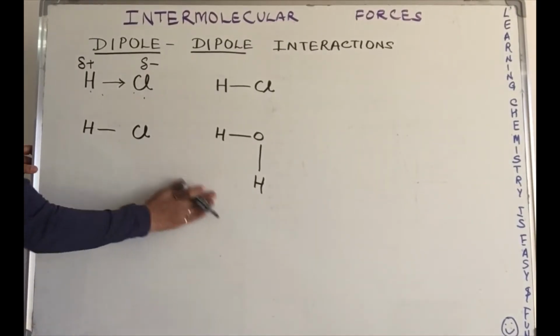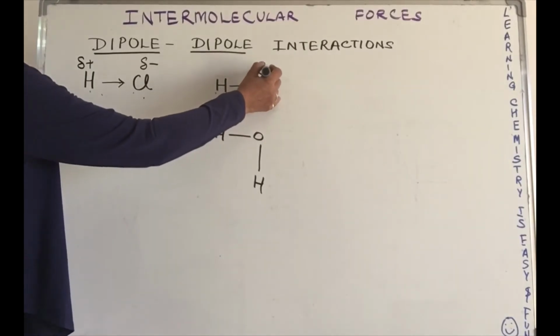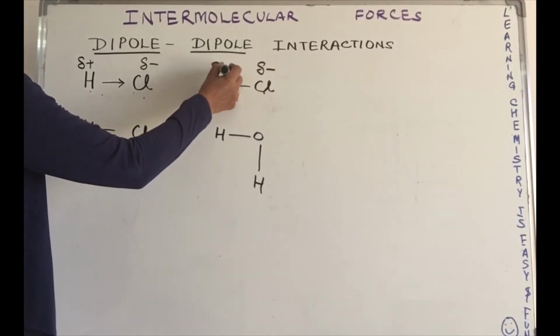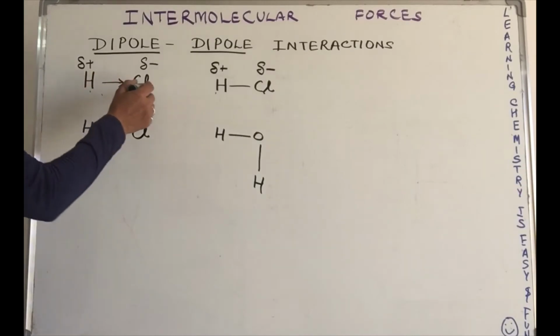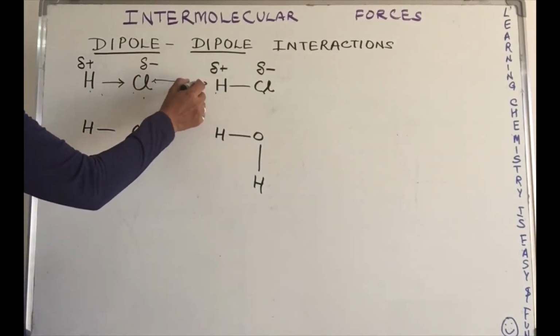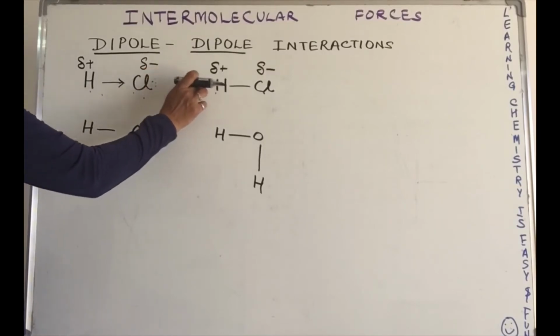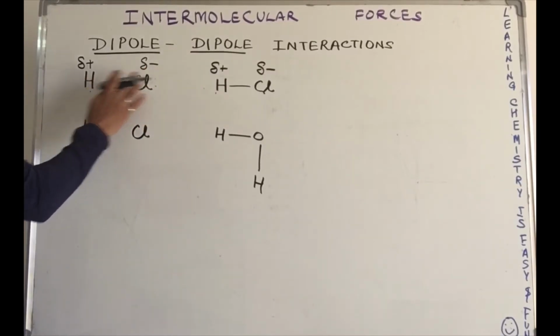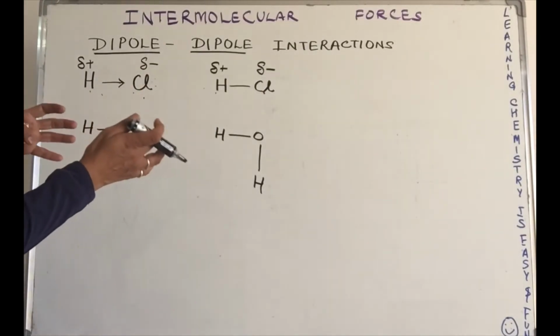Now, similarly, in the second HCl molecule, the same phenomenon takes place. Now what about plus and minus? Yes, they are opposite charges, they will pull each other. Now because of this pull, a force of attraction develops between two molecules of HCl and they will start coming